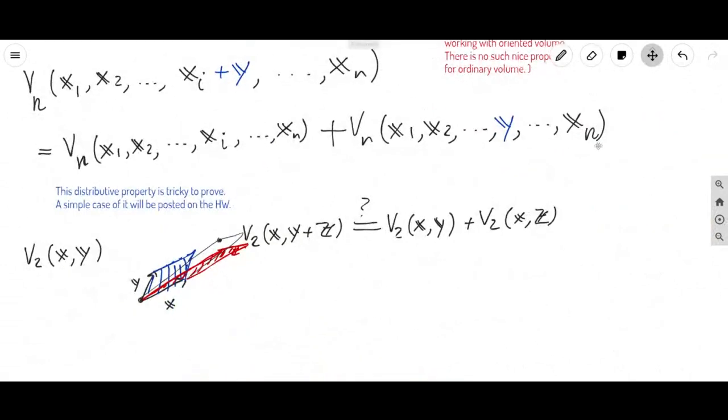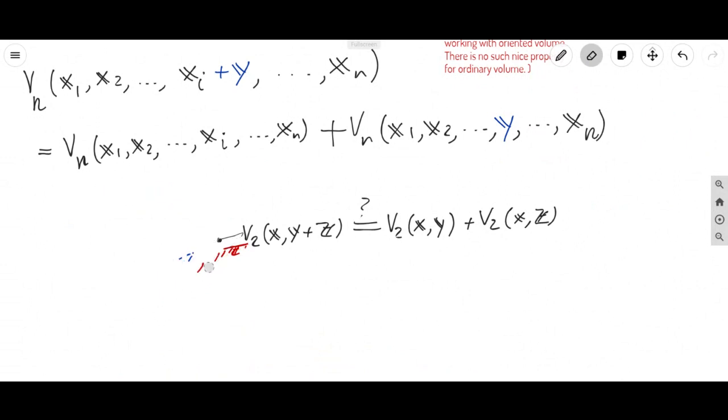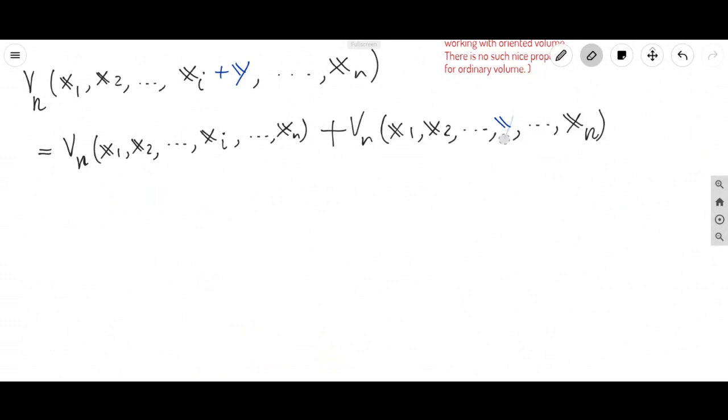The one case where this is easy to see, the special case where it's easy to see geometrically why this is true, the one special case where it is easy to see why this distributive rule